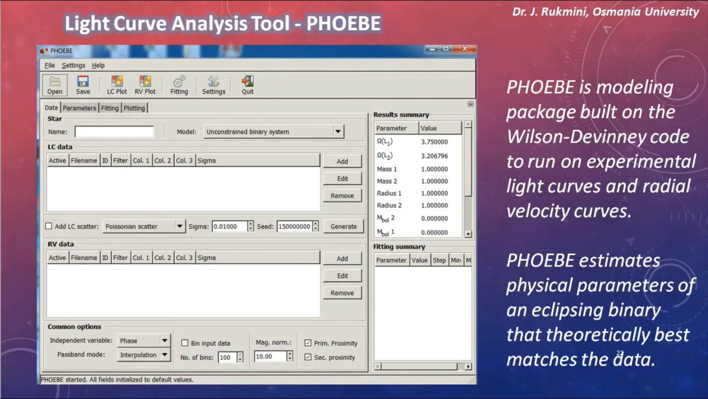We have used this tool known as PHOEBE. PHOEBE is a complex tool which is based on a GUI, graphic user interface, and it is used to analyze both the spectroscopic data and photometric data. And when you provide suitable input parameters and run the program, input parameters in the sense from visual observations of